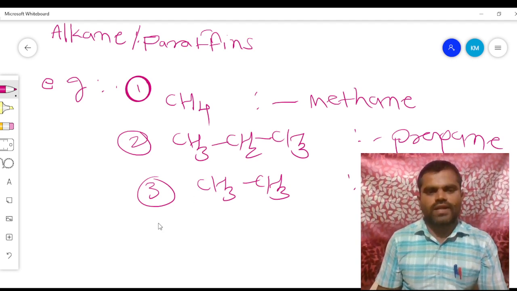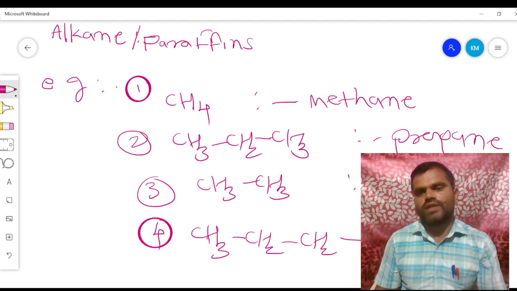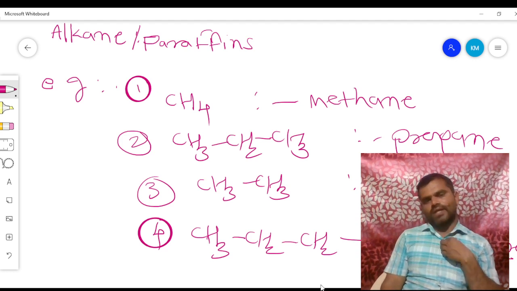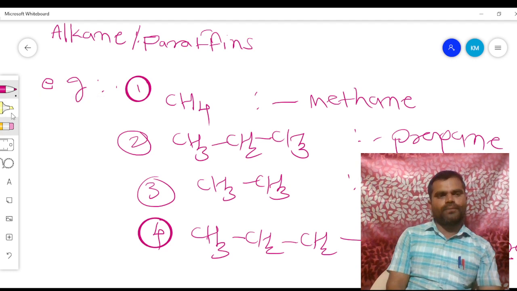The next one is CH3 bond CH2 bond CH2 bond CH3. What is the name? Butane. Okay, these are the four examples of alkane, and by observing this, we have to define